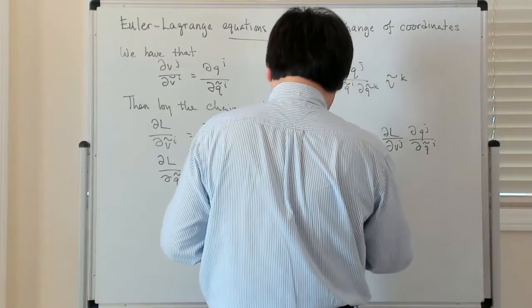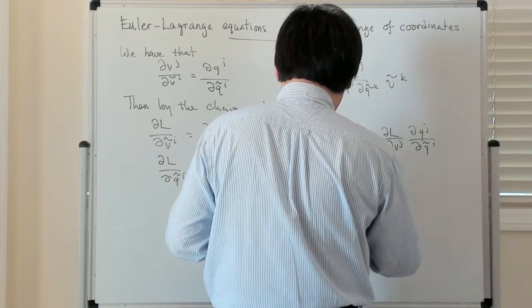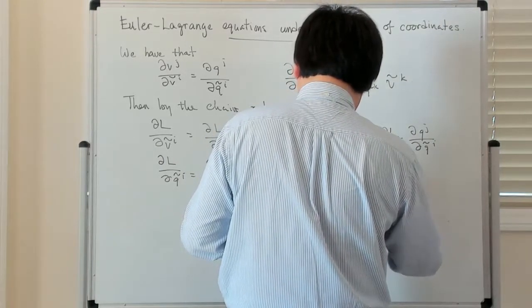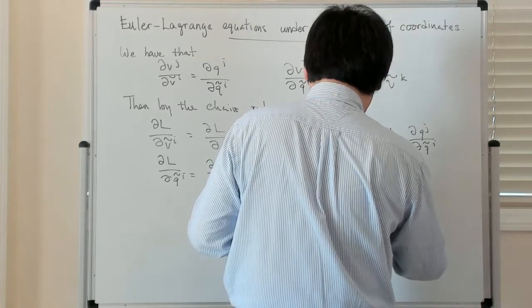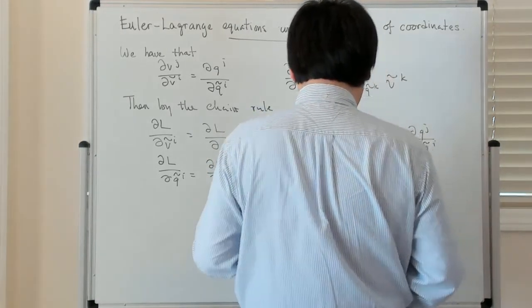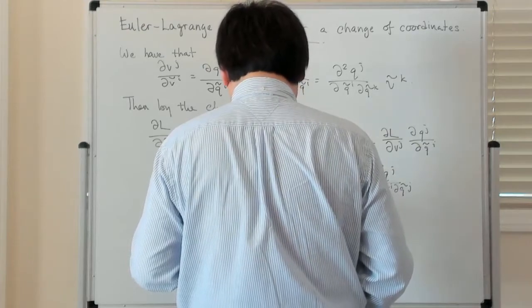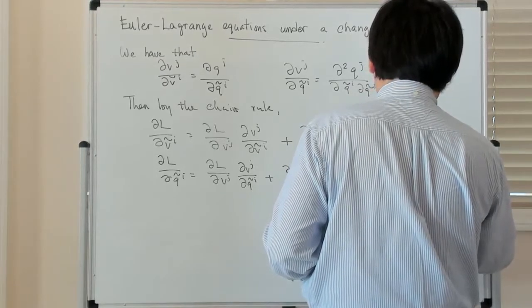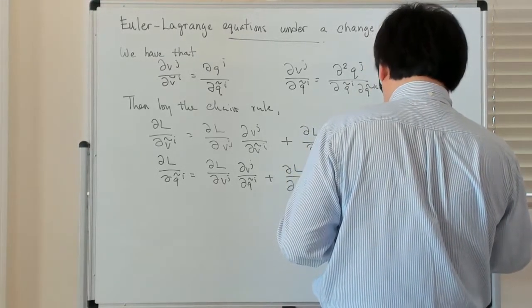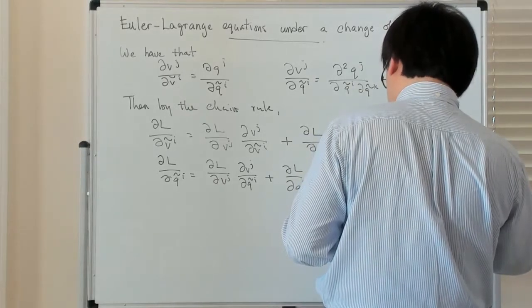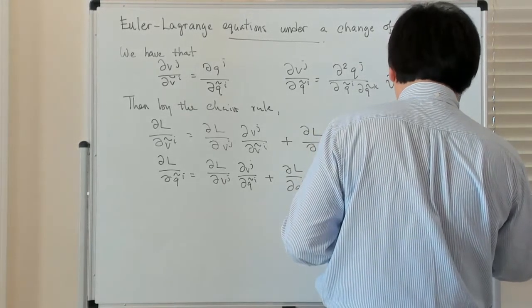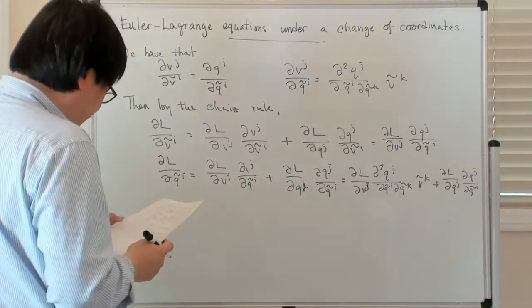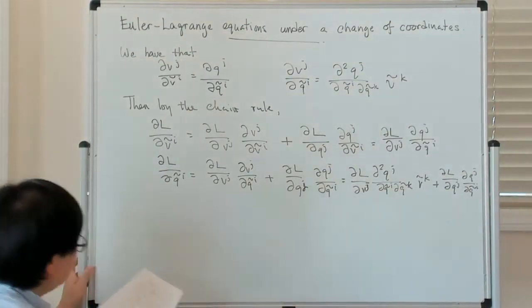Okay, so this is equal to ∂L/∂v_j, and then ∂²q_j/∂q̃_i∂q̃_k ṽ_k, I'm sorry, okay, plus ∂L/∂q_j ∂q_j/∂q̃_i. Okay, so once you have that, you also make the observation that the time